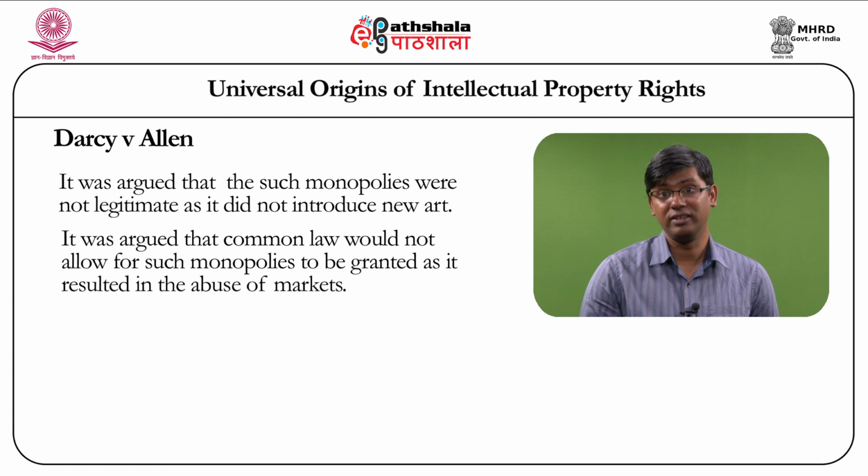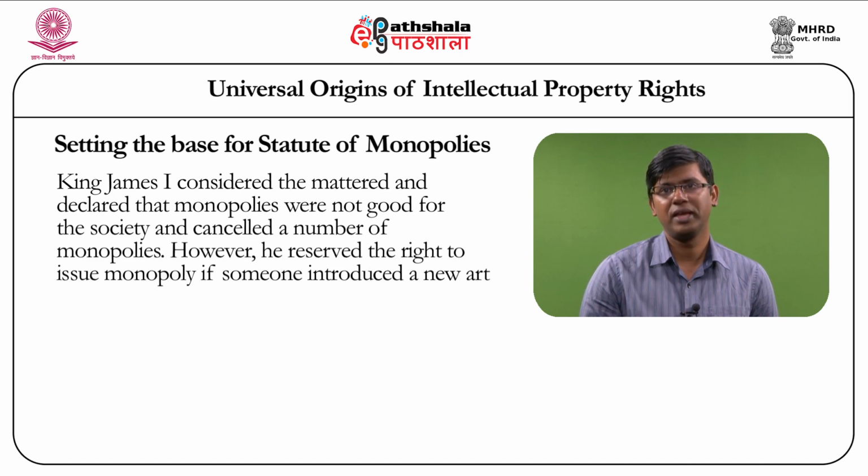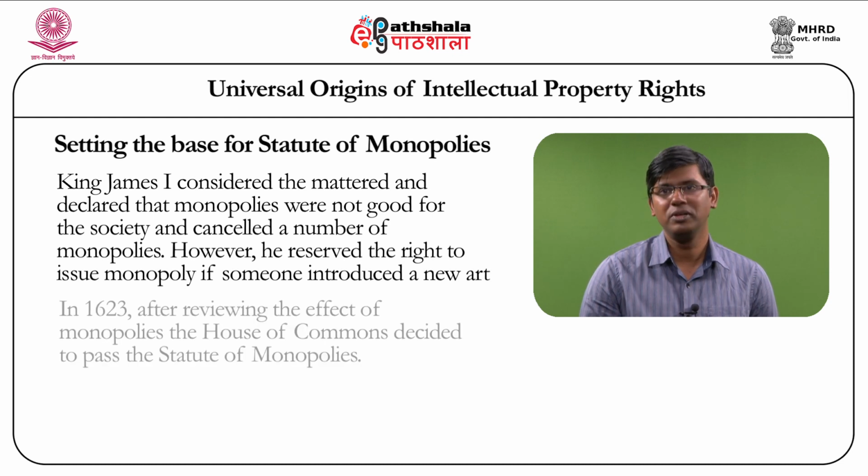But the decision in Darcy versus Allen is not material for the purposes of our discussion. What it did was set the base for what was then called the Statute of Monopolies. When Queen Elizabeth gave way to King James, a lot of complaints came to King James, who clearly mentioned that he was also perturbed by the fact that so many monopolies were being granted. Some of them were really perturbing. As a result, the Statute of Monopolies was subsequently